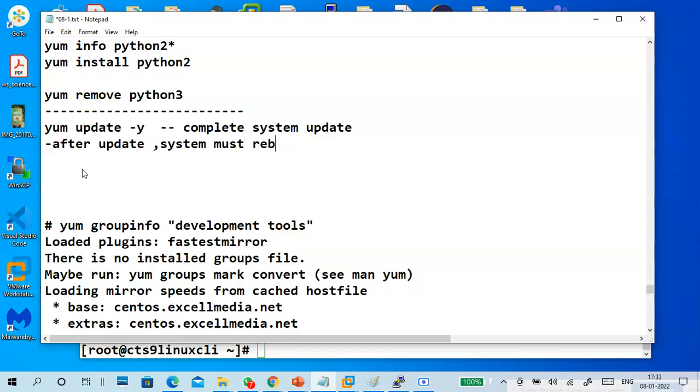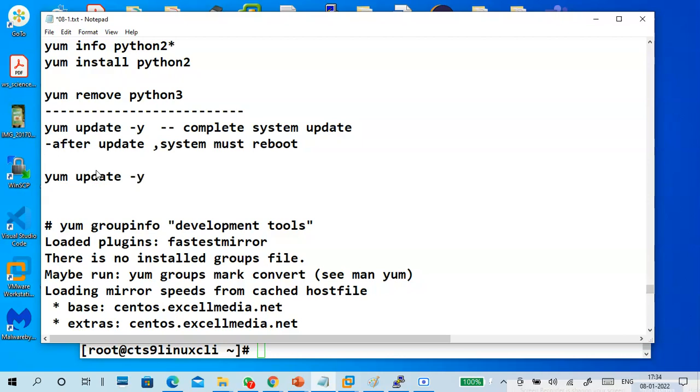But if you put this command, it will take a lot of time to update, because the entire system, all packages including the kernel, will be updated. So I have to update and reboot, or update and power off. Update and reboot, update and power off. That is what I want.